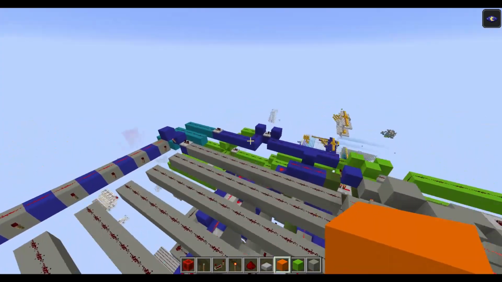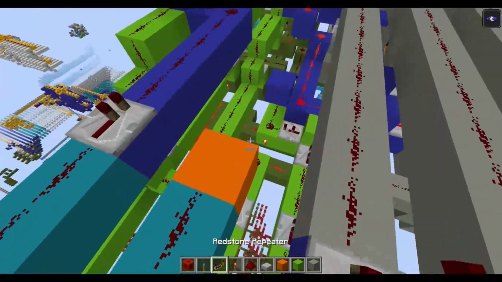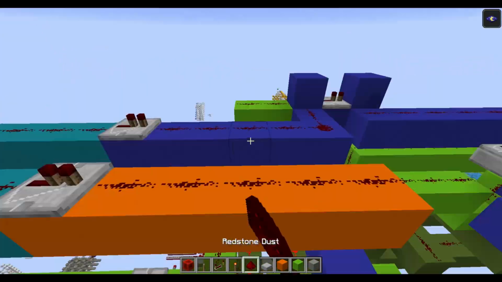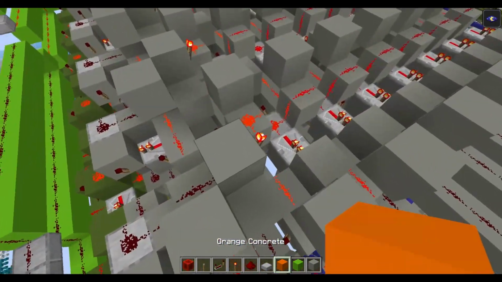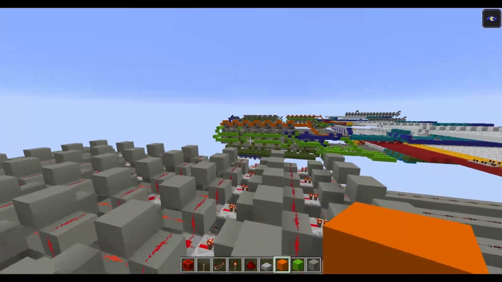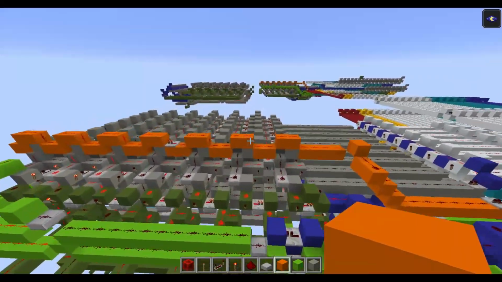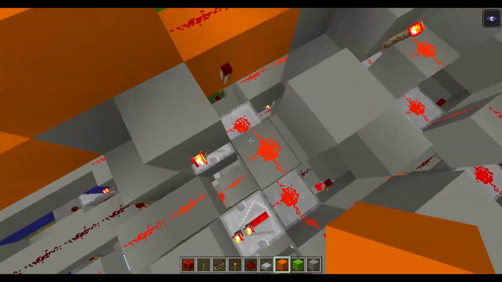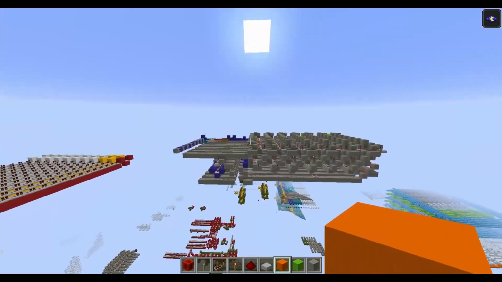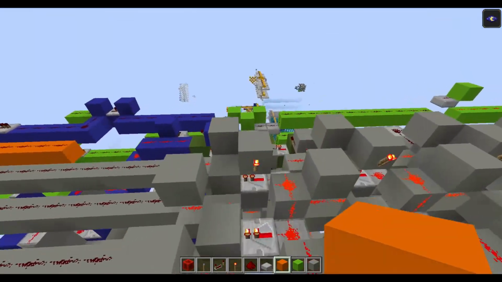So for the reset function, you can grab from here. The reset is simple. It's based on these torches. So you need only to force this wire to be on. So you can build it this way.